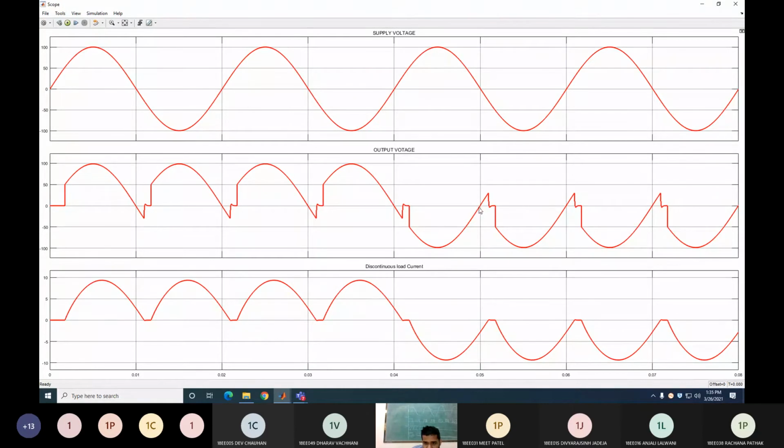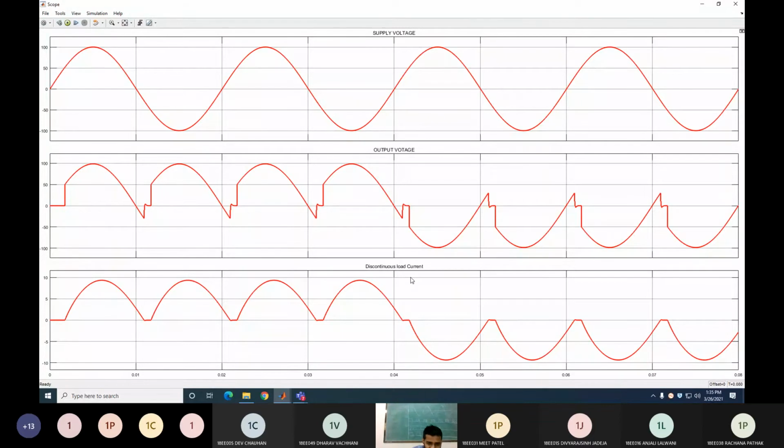Here you can see that N1 N2 remains in continuous conduction up to 5π plus φ. This is 5π and this is 5π plus φ. So here the current is 0, and after that it remains 0 up to this point at 5π plus α. Here again the N3 N4 thyristors from the negative group start. This process continues up to the completion of 8 cycles. So this is a simulation of a step down cycloconverter, bridge type, with RL load